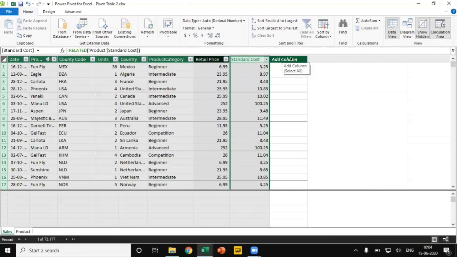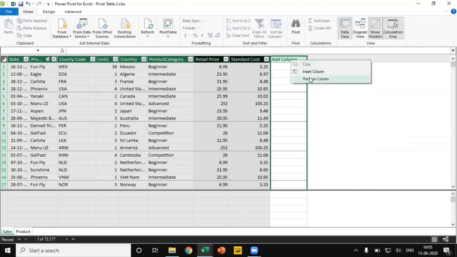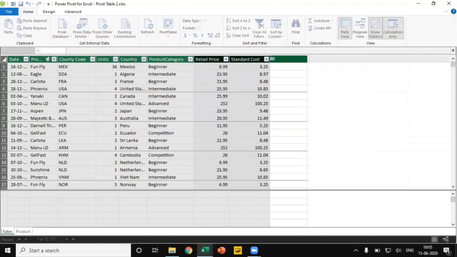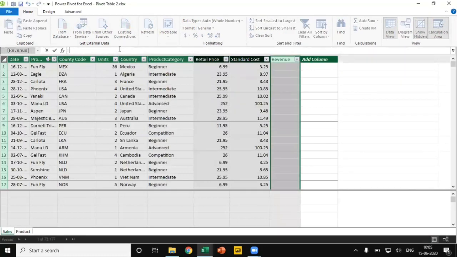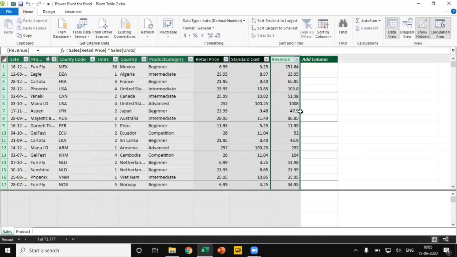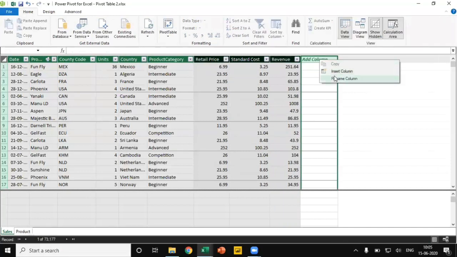Now I want to calculate the revenue. Just right click, rename, revenue. I'm going to add retail price, multiply units. Hit enter. Now we got revenue. In the same way, I'll be adding total cost.